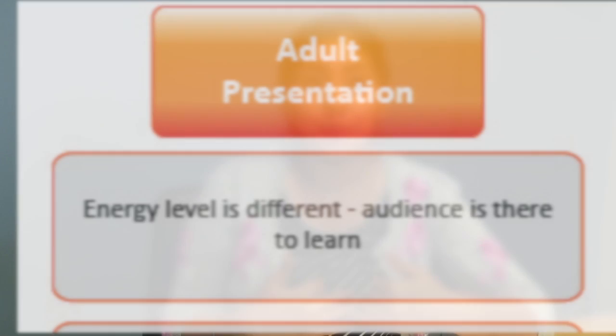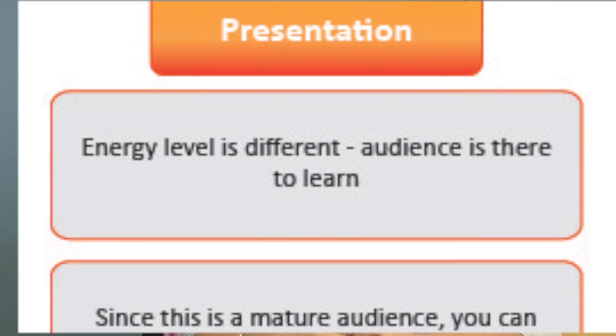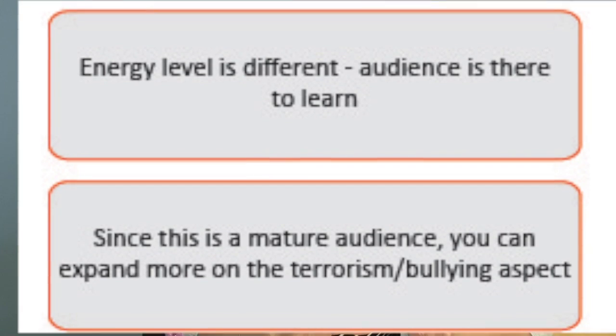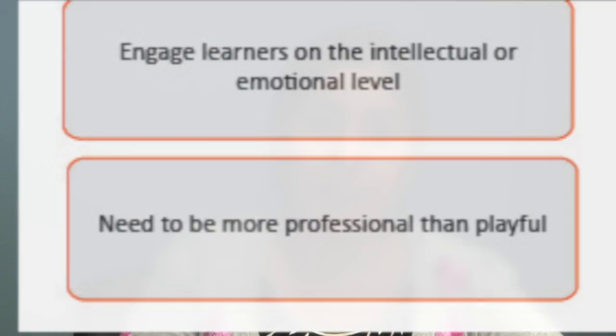Now for the adult presentation, the objective is a little bit different. They're actually coming to you to learn something. And so you should keep that objective in mind when you're giving the presentation. And since this is more of a mature audience, I think you can expand a little bit more on the bullying or the terrorism aspects of the presentation, when we talk about the fact that Sikhs are equated with terrorists just because of the turban and beard. You can expand on that concept more with an adult audience than you would with a children's audience. And then you need to be a little bit more professional than playful with an adult audience, which goes without saying. So I'm going to demonstrate for you guys right now how to deliver an elementary school presentation, and then